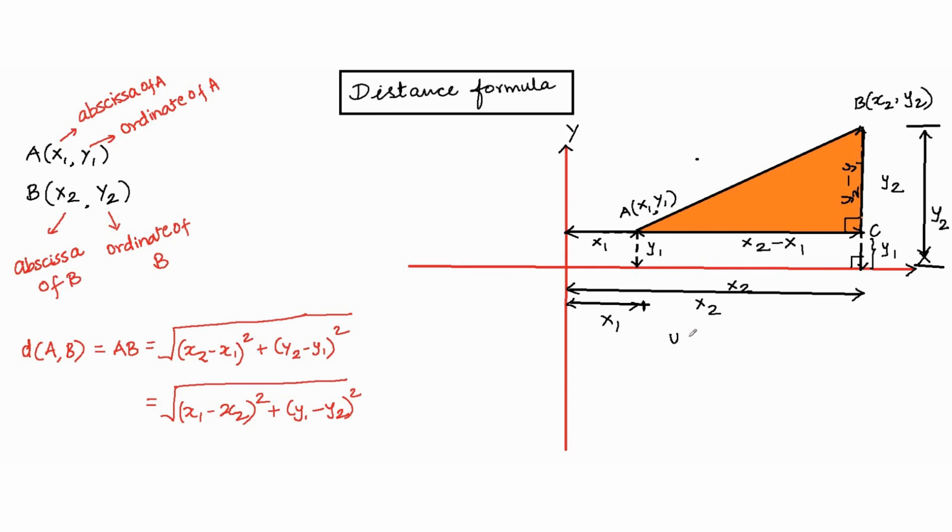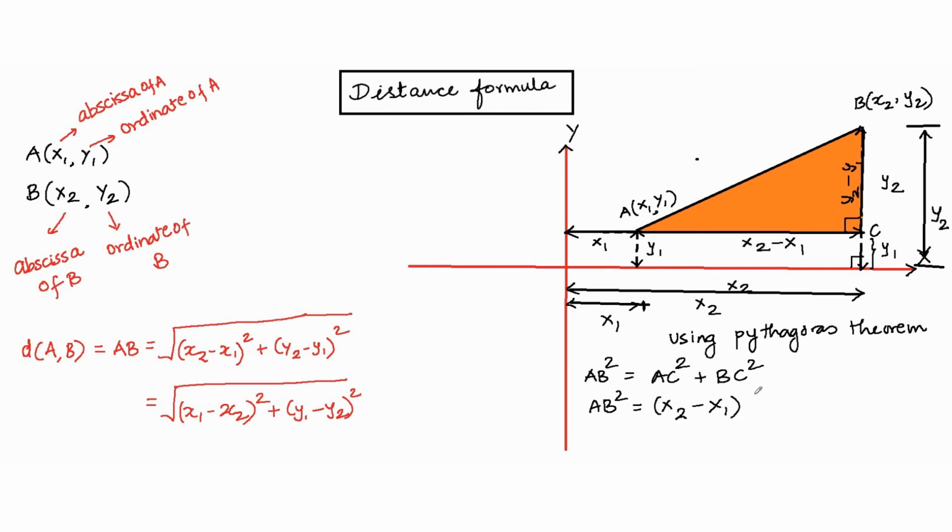So I can say using Pythagoras theorem that AB square is equal to AC square plus BC square. Now AB square is therefore going to be equal to AC. The length AC is x2 minus x1. So the length is x2 minus x1 the whole square plus the length BC is y2 minus y1